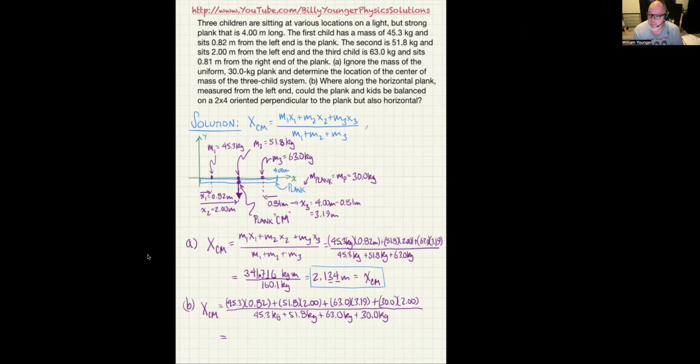Again, you're just going to multiply the mass times the center of mass distance for each of the parts. It's basically the same calculation we did before, except now we're adding 30 times 2. So if I add 60 to 341.716, I'm going to get 401.716. And on the bottom, it's the same calculation as before, except I'm now adding 30.0 kilograms. So instead of being 160.1, it becomes 190.1. So now, if you take those two numbers,